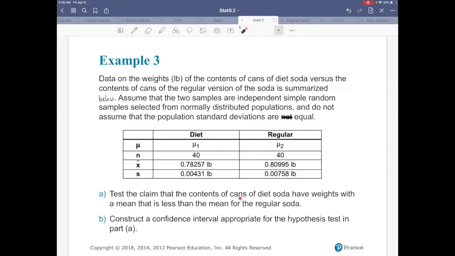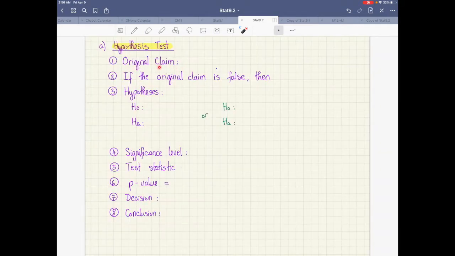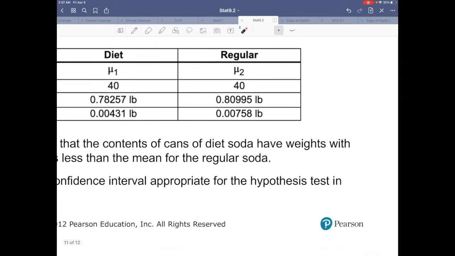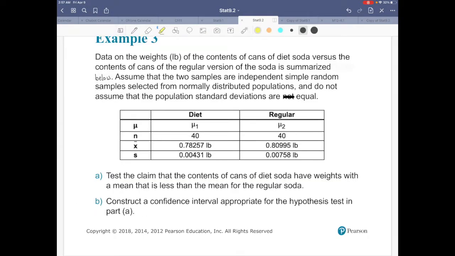Question A. Test the claim that the contents of cans of diet soda have weights with a mean that is less than the mean for the regular soda. B. Construct a confidence interval appropriate for the hypothesis test in part A. First, I need to identify my original claim. I want to test the claim that the diet soda have the weight means less than the mean of regular soda. If I call this group 1